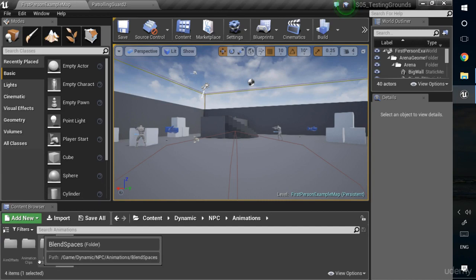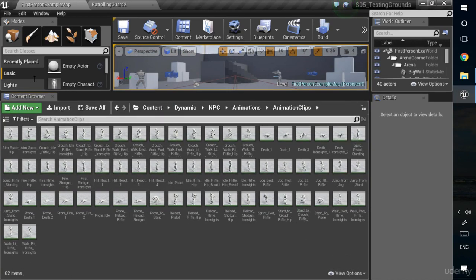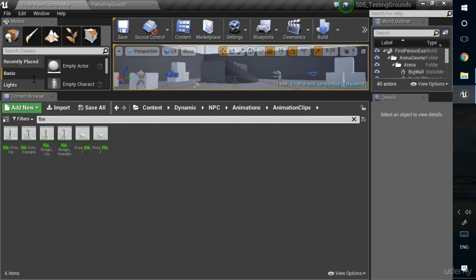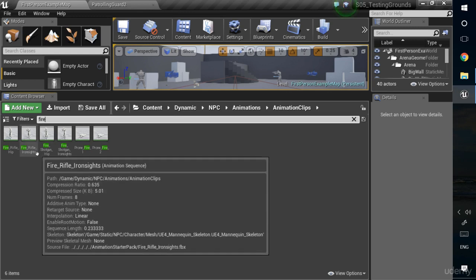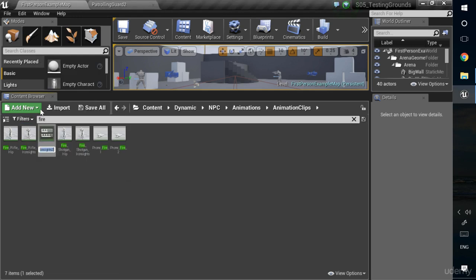So I'm going to find my animation clips, expand that out so I've got a bit of space to work with, search for shoot. I think it's called fire actually. And let's take our fire rifle iron sights and take a duplicate of that, and I'm going to call that underscore additive,